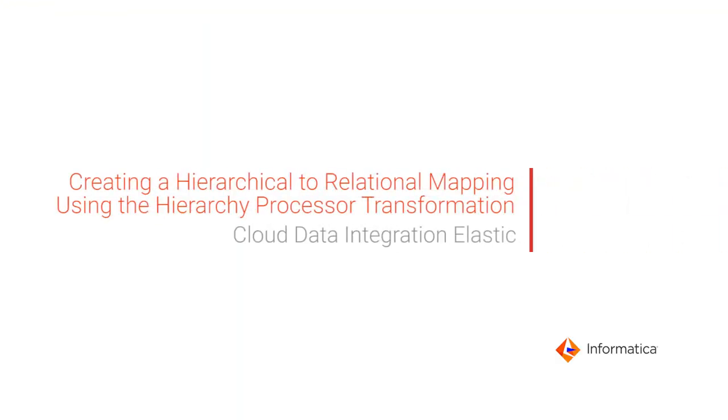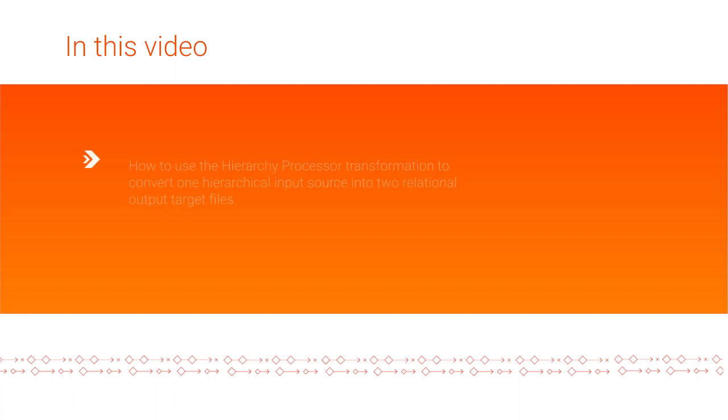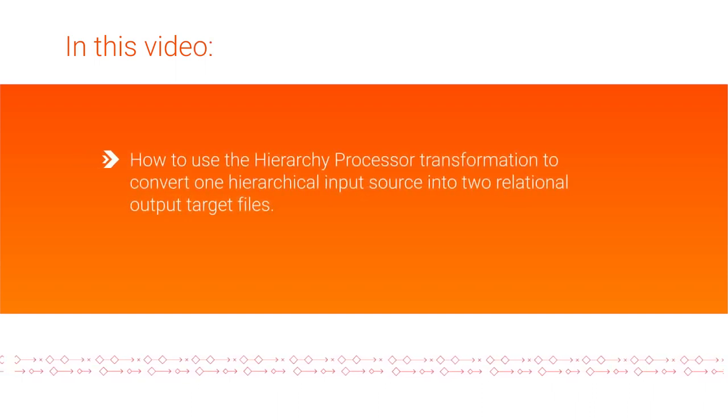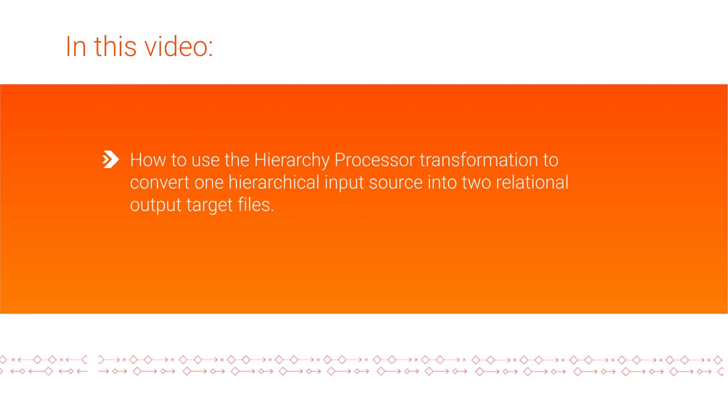In this video, we'll introduce the hierarchy processor transformation, which is available within Elastic Mapping in Cloud Data Integration Elastic. This demo will show you how to use the hierarchy processor transformation to convert one hierarchical input source into two